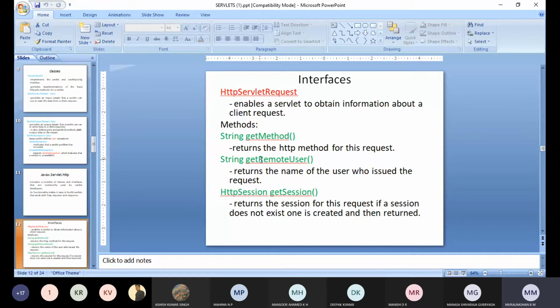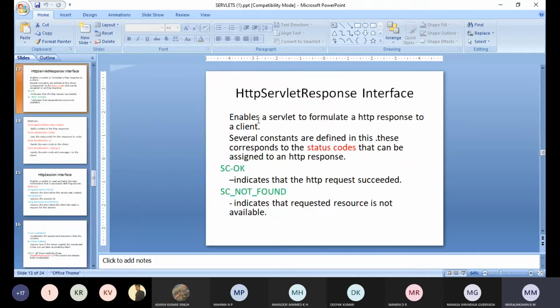If not, it will create a new session and that is returned. These are the methods which are there inside the HttpServletRequest interface. Next, the HttpServletResponse interface. This will enable a servlet to formulate an HTTP response to a client.